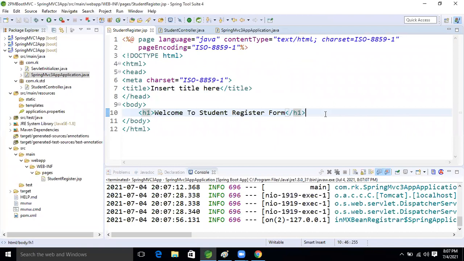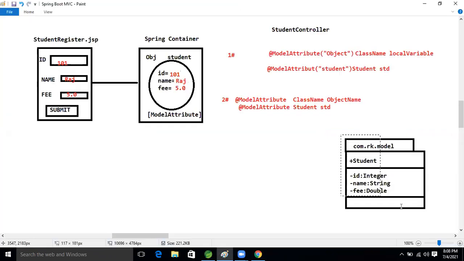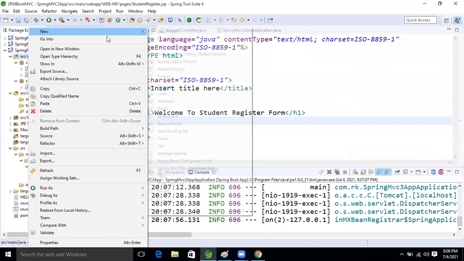So for that, before that, we will create this class now, guys, because we need to send the object, right? So whenever we send the data, it will be stored inside this class object, using the IOC container, which will use the reflection API, and this data will be stored in it. Okay, so now right click, new.